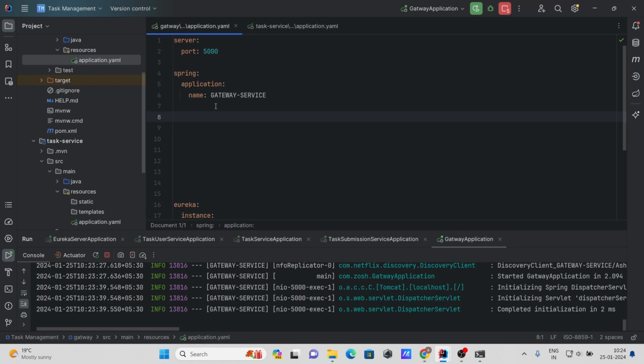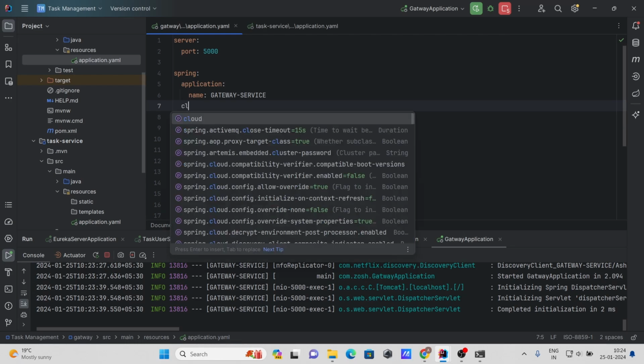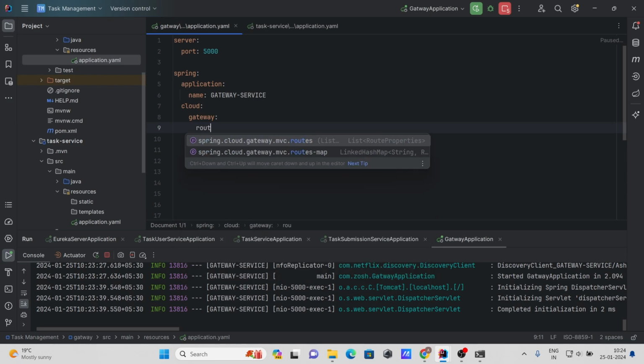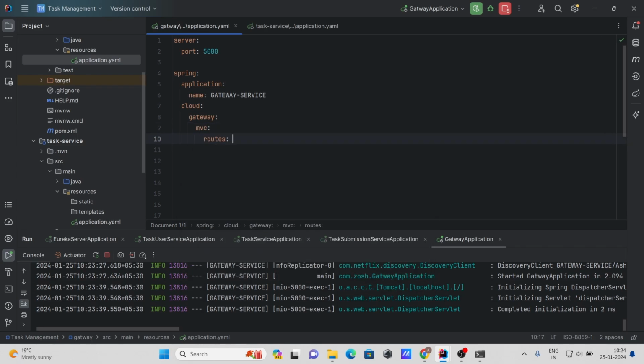Let's define a route. With this route we will tell our application that if you encounter this endpoint, then you need to go to the user service and find that endpoint, and if you encounter that one, then you need to go to the task service and find that endpoint. So that's the kind of thing we are going to do here. Let me go here: cloud, gateway, then routes,